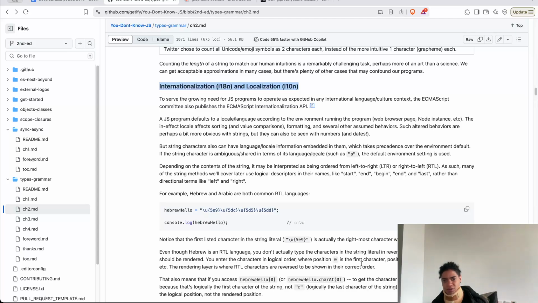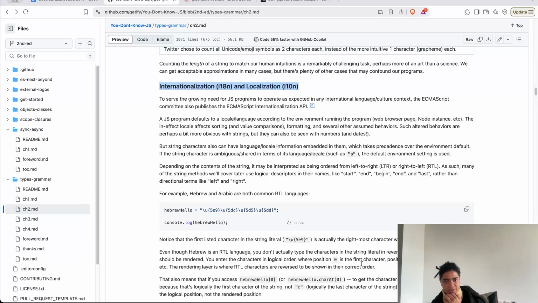If the string character is ambiguous in terms of its language locale, such as A, the default environment setting is in use. Depending on the content of the string, it may be interpreted as being ordered from left to right or right to left. As such, many of the string methods we'll cover later use logical descriptors in their names, like start, end, begin, and last,